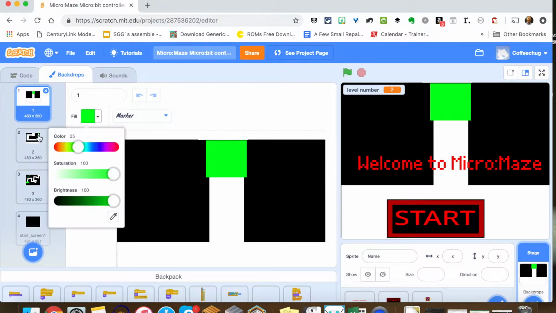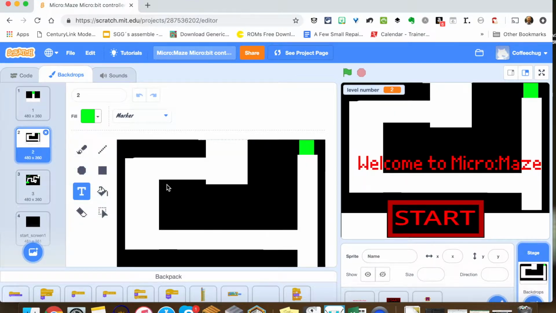which is good. We've got level two, and this whole design here is just to help people learn all the controls. So between the first two levels, we're going to have them go up and down and left and right just to feel good. And actually, when I think about it, I do want to change this a little bit because there's a glitch in this. This square is not